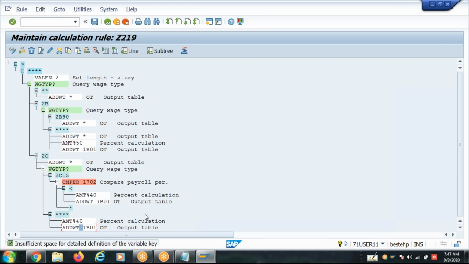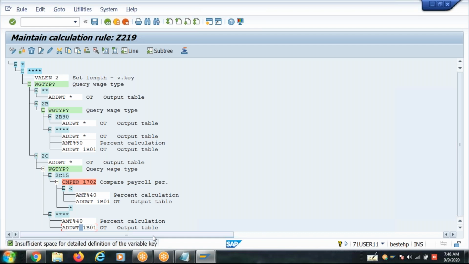You need to make the changes a number of times, right? 5 CRs, 5 changes in this rule, and 5 CMPER operations with effective from date settings. So this rule becomes bigger and bigger, and the bigger it is, the more sensitive it is. Clear? So that is the drawback of this waste type with the naming operation.